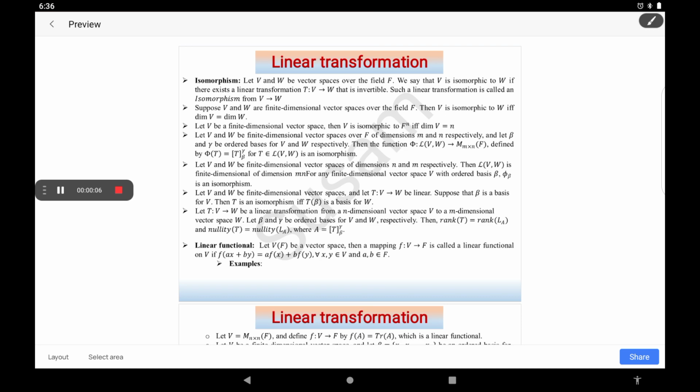Today I will discuss dual spaces of linear transformation and its properties and its subspaces, which is nothing but